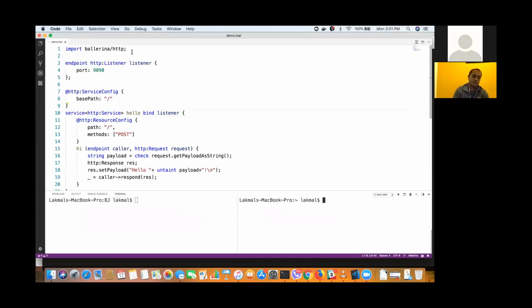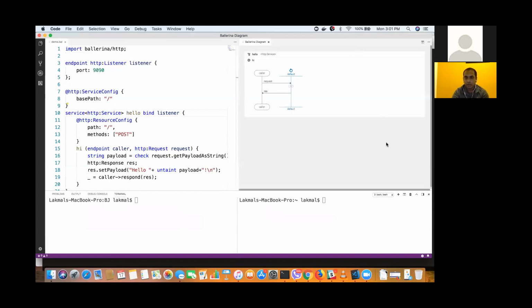Before doing that, I will just show you another few fun things. Ballerina comes with this tool. It can generate a graphical interpretation of your program. Awesome. In this case, it has a caller and there's a service, there's a request coming, and we are doing some changes here and sending it back to you. When you're writing a complex program, this image will change dynamically. Wow.